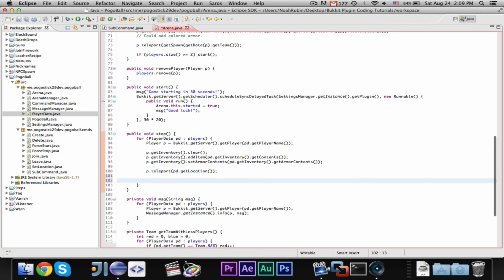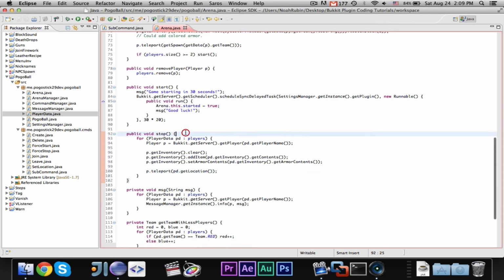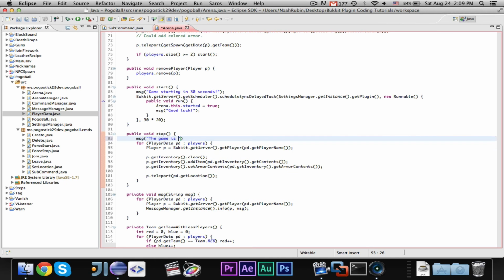And I guess we could probably just do msg. Actually, you need to put that outside of the for loop, or else it will send it a ton of times. So msg, the game is over. And we'll probably want to say Player winner. And then we're going to say msg, winner is not equal to null, question mark, winner.getName() plus the colon won the game, or the game